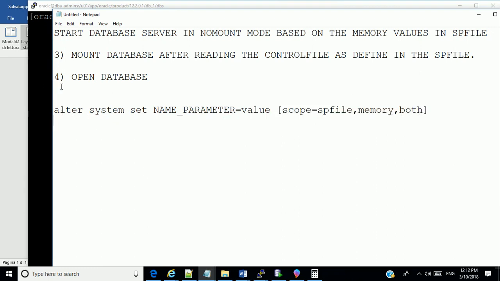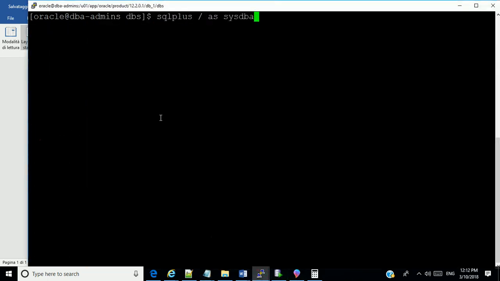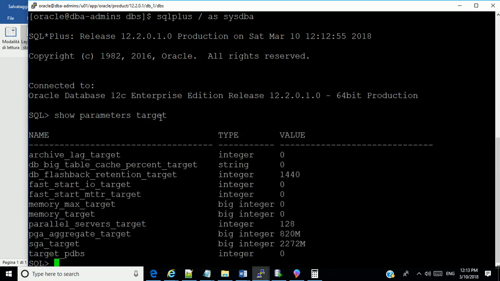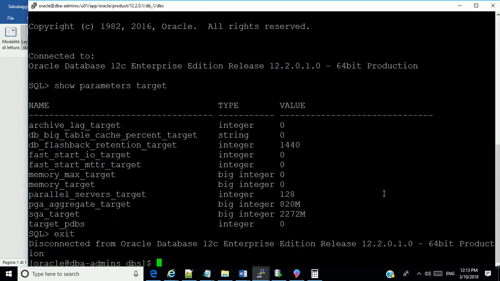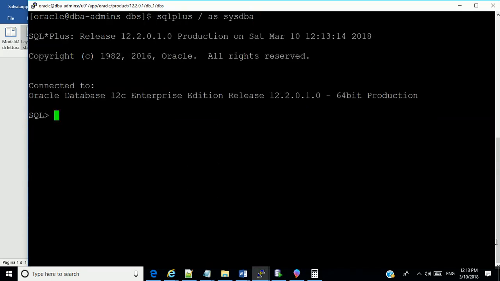So, for instance, now I want to change the memory target. I will say alter system. I'll connect. Right now, the value of this target is set at 227.2. I'm going to change that. I connect.